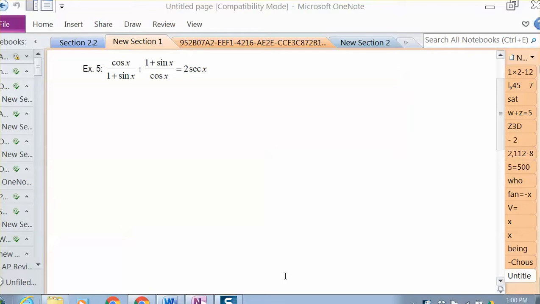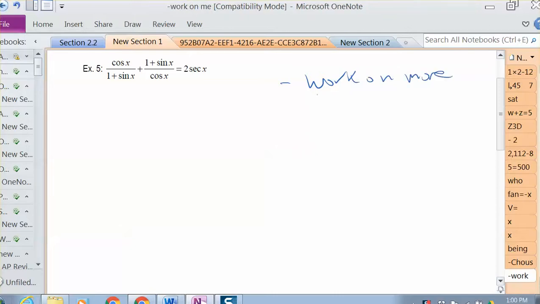Remember, section 5.1 is on trig identities, and here we're verifying. And remember, an identity is not an equation. It's basically when two expressions equal each other all the time, for all x values, and we just want to prove that it holds true. So you need to do some sort of manipulation to one of the sides so that it equals the other side. Now remember, we want to work